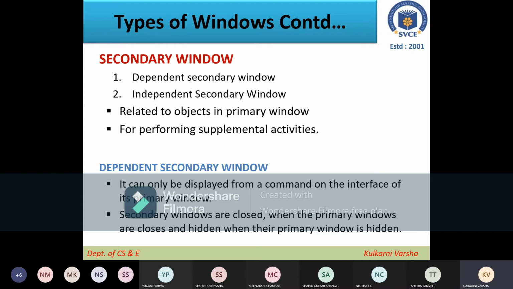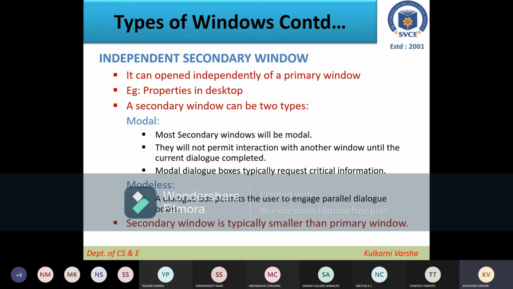If you hide the primary window, your secondary window will also be hidden. It's like the database primary key and secondary key: if you delete the primary key, there is no existence of the secondary key. Same concept.